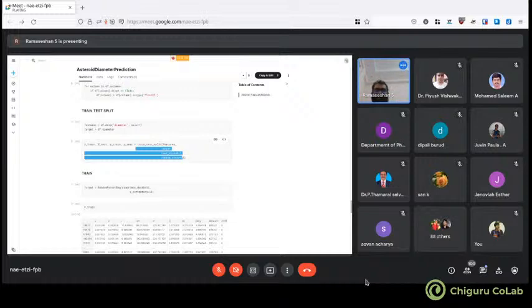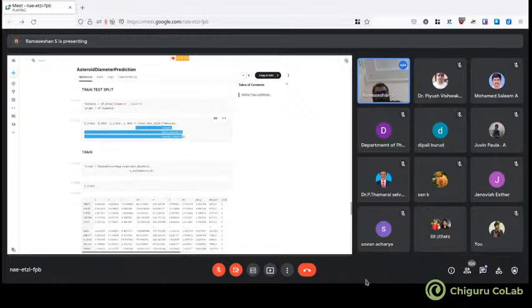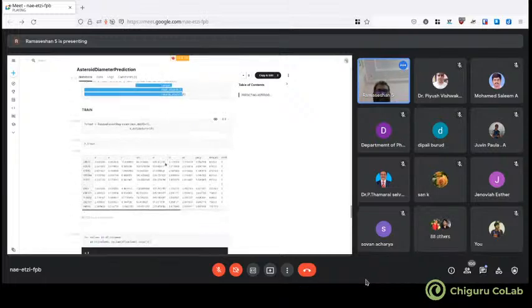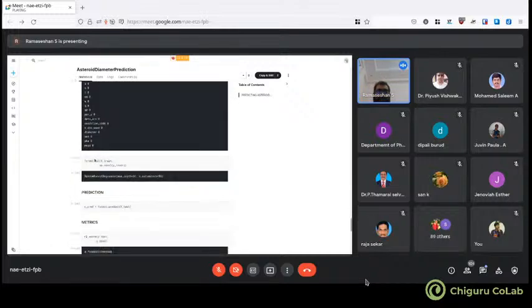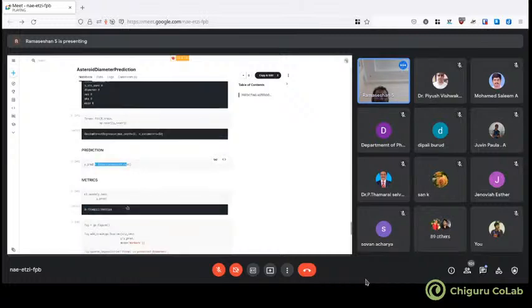I'm saying, train from this, and this is the dataset that I have taken, and I am using what is called a random forest regressor, which is basically a machine learning algorithm to look at numerical data predictions and then learn from it. And then I am doing a prediction, which says,